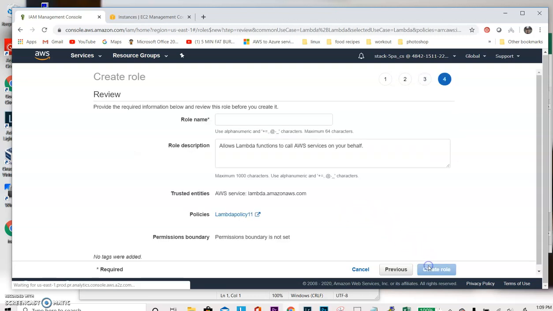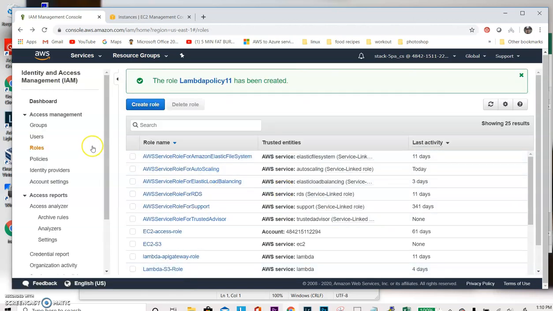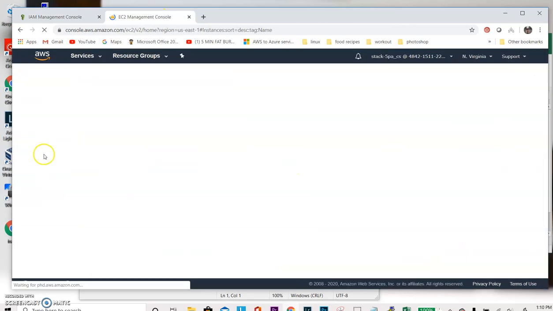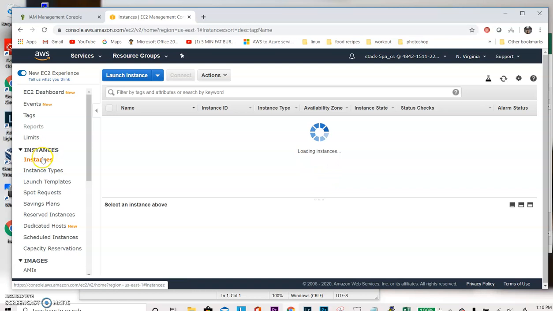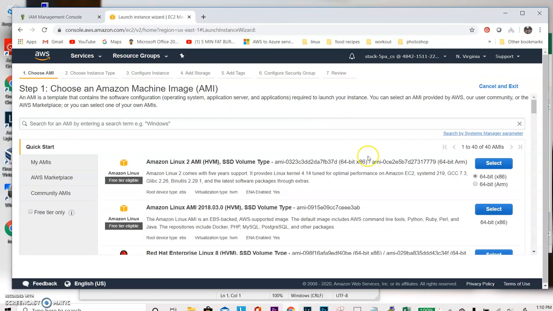Then just name it Lambda policy 11, and then we create. So now we set a role. So a perfect example, let's just assume we're creating an instance. So we launch an instance. Let's use this and my